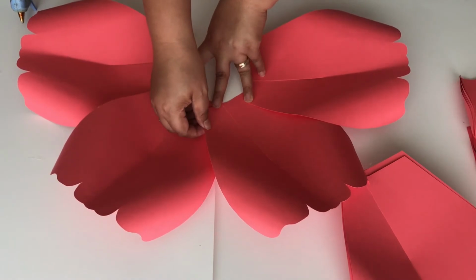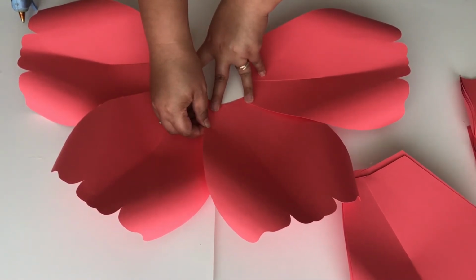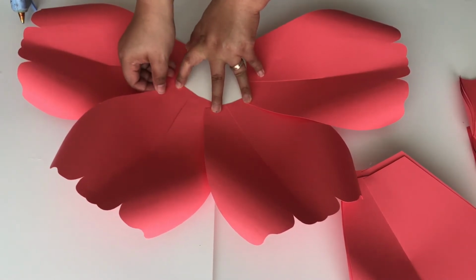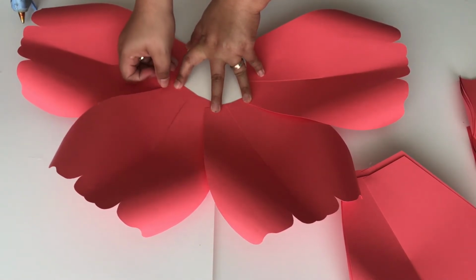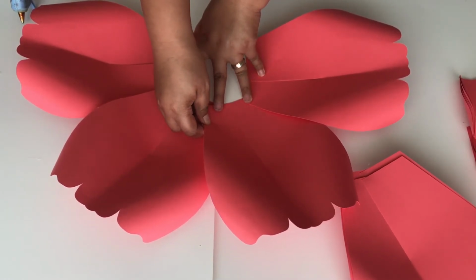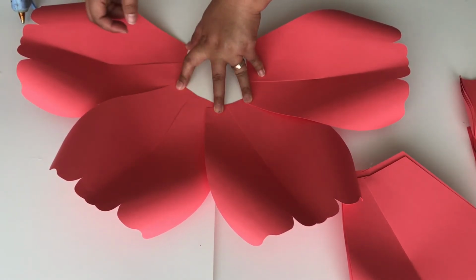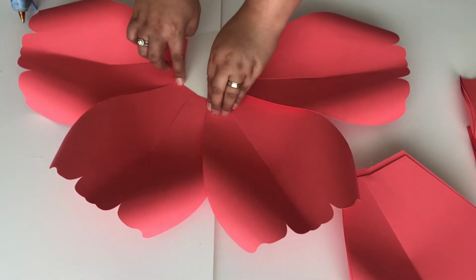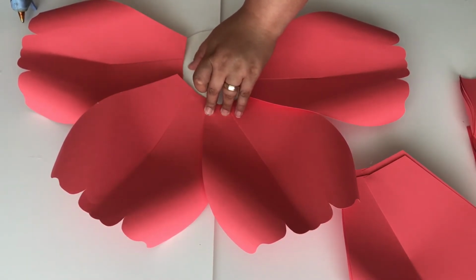And this way, it gives you all the flexibility to rearrange it, you know, if it's not well balanced. Because remember, we are using hot glue. Once it's thick, the next option you have is to rip it off and cut a new petal, and we don't want that. Especially me, because I don't want to waste my paper and I don't want to cut another